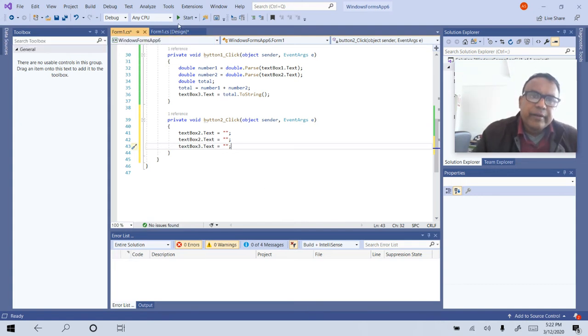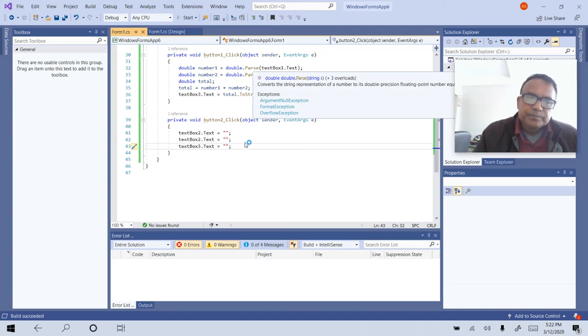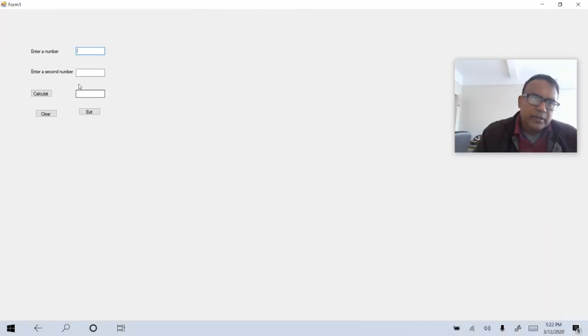So let's run it, and it's building the application. Now see the window here. So enter a number. So number 25, 35, and then we calculate, 60. We clear this. And I can put another